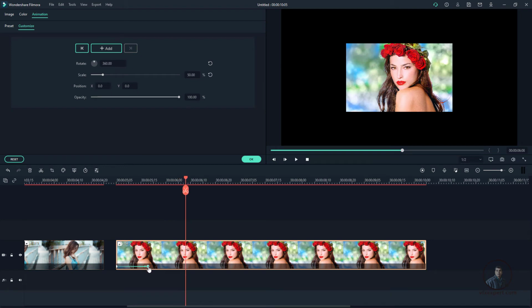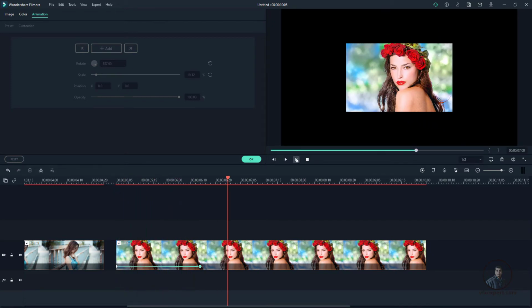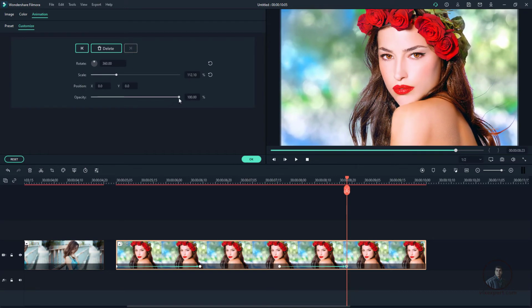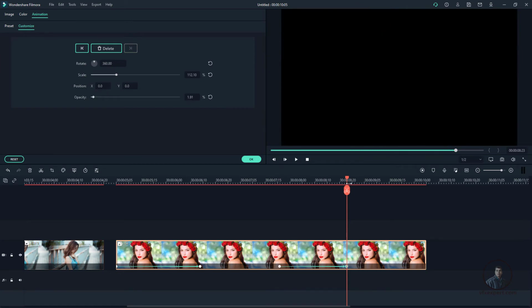Okay, now again, if you want to adjust speed, the downside is you will see select keyframe, and just adjust a little bit according to your requirements. So easily you can see. After that, hold till here, then again select your picture, this is important again, then add key here, then move the CTI further, scale a little bit and just fade out. So now you can see this animation.